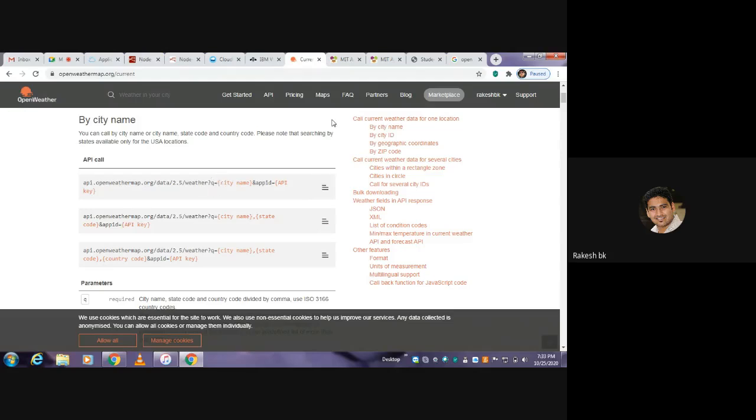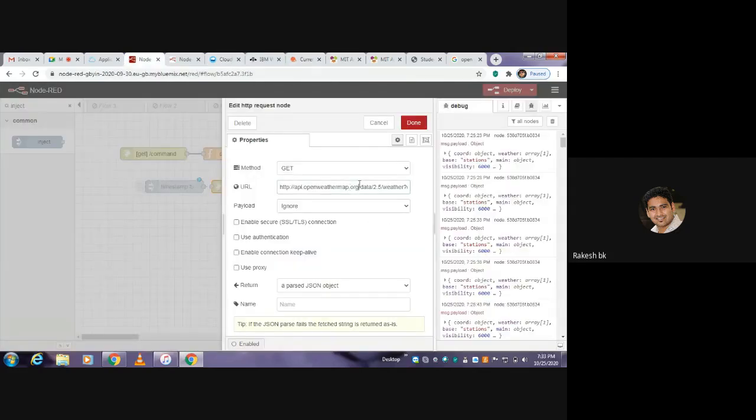I copied that onto the notepad and paste it onto the URL here, making an alteration for the particular city you are looking for where the data is to be observed. I have typed Bangalore, comma IN, which is the Indian code, and the APP ID. This is the APP ID generated for my account. It's a unique API key which will be created for the respective accounts, right?